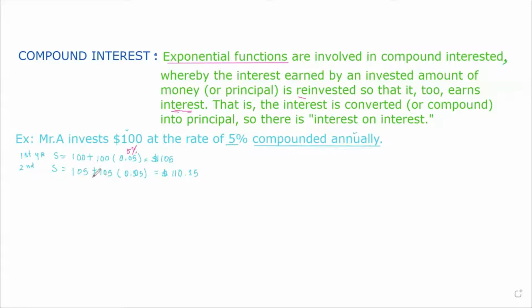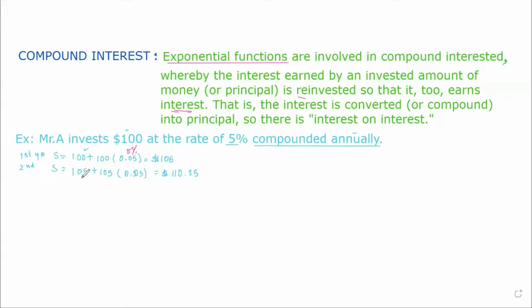So if you use the normal annual interest, not the compounded annual interest, then in the second year you get only 5% on the original 100, the first investment. But if you compound annually,